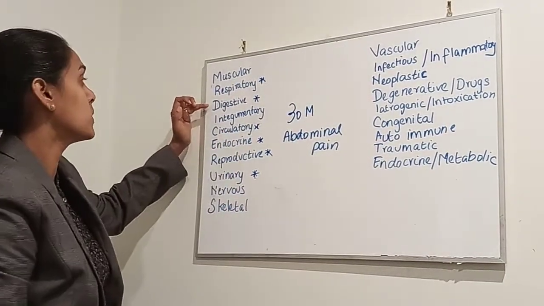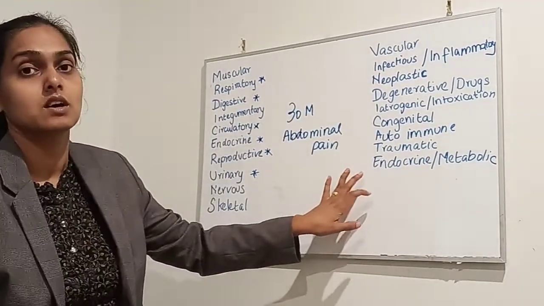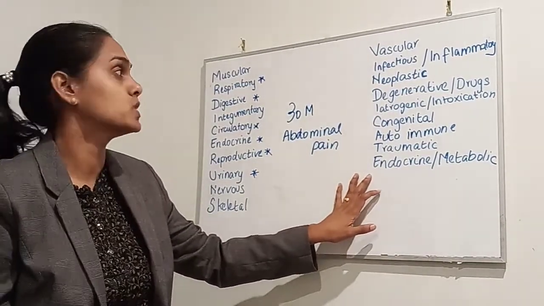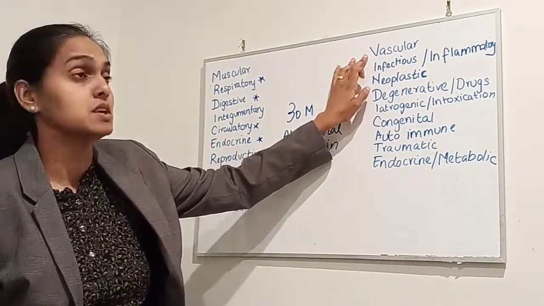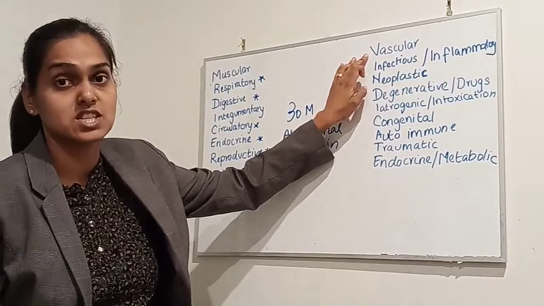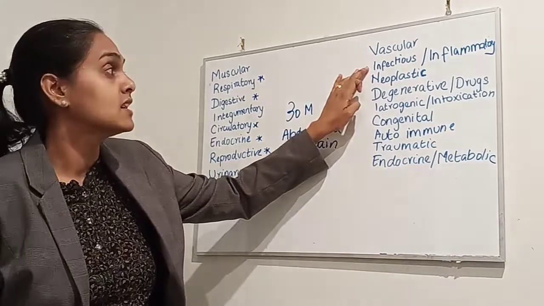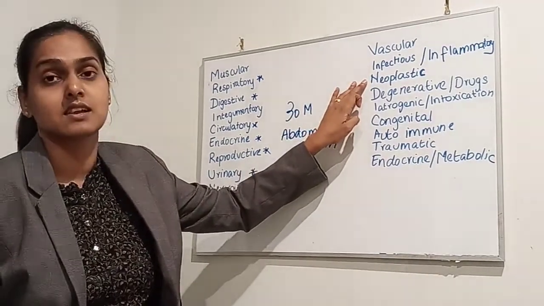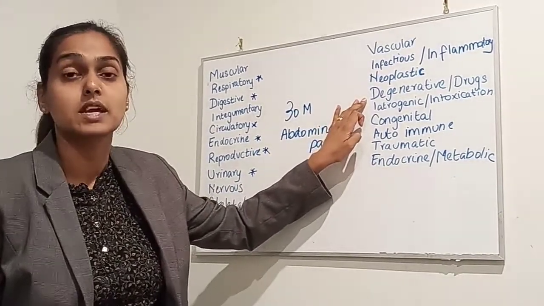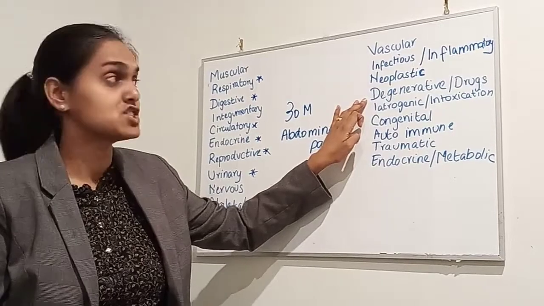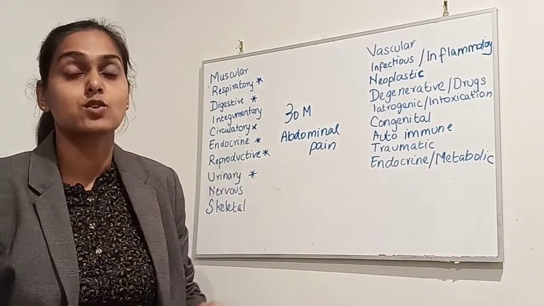Let's go through one by one. When you consider digestive system, think of all possible mechanisms that could help you come up with a differential. So a vascular cause of abdominal pain within the GIT would be a ruptured AAA, a mesenteric ischemia secondary to AFib, infectious causes like gastroenteritis, neoplastic causes like gastric tumors, intestinal tumors, degenerative changes like normal aging producing decrease in gastric motility, or drugs, especially antibiotics, causing side effects like nausea, vomiting,